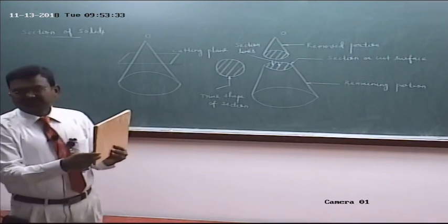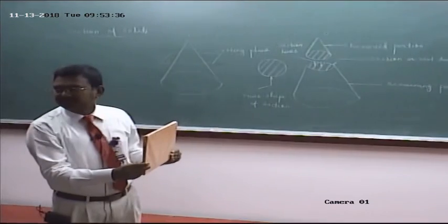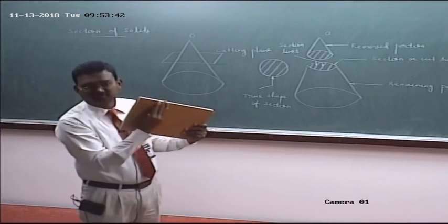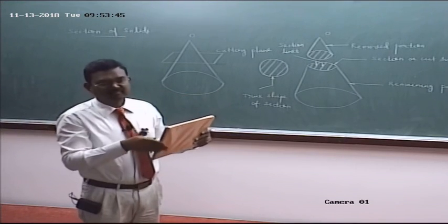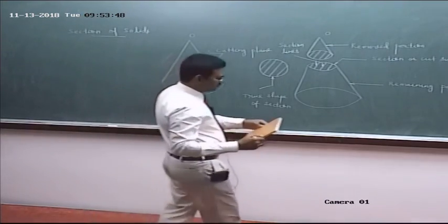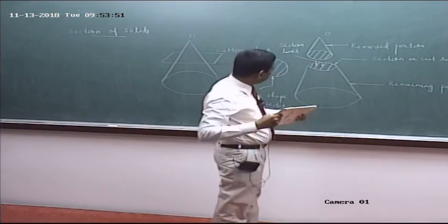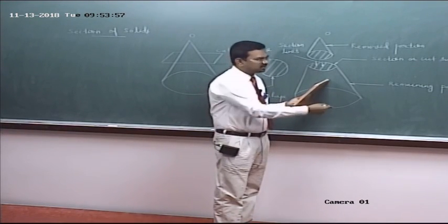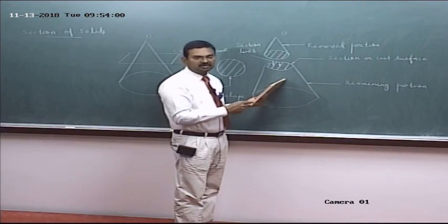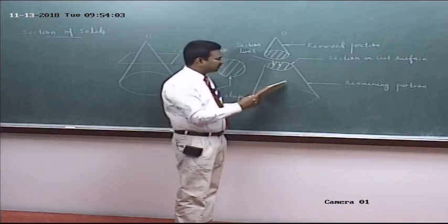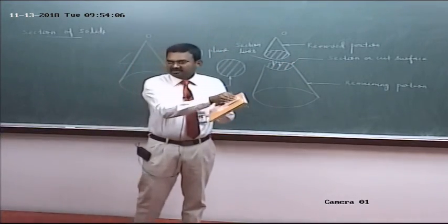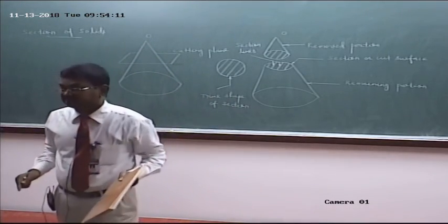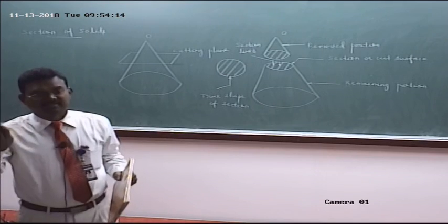Third one is the plane surface is kept perpendicular to both HP and VP. Fourth position, you have to refer only to the plane surface, you should not refer to any of the sides. Plane surface is kept inclined to HP and perpendicular to VP. What is the angle between the plane surface and the vertical plane? 90 degrees. So perpendicular to VP, inclined to HP. If you extend the plane surface, it will make some angle with the HP. This is known as inclination of the plane surface with HP. It is denoted by theta.